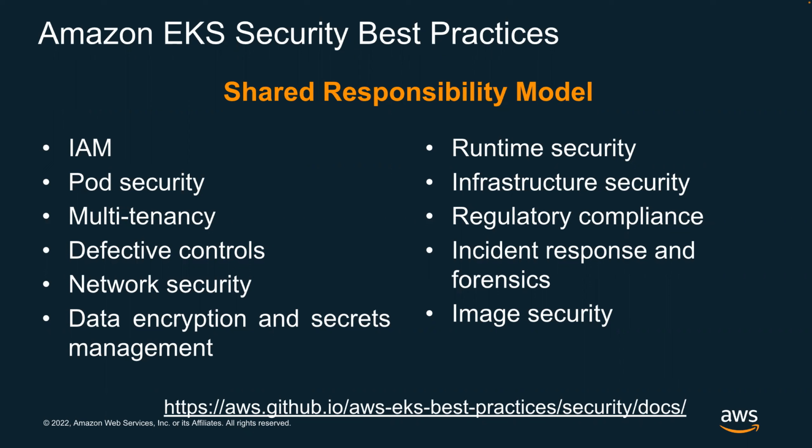You want to make sure that network security and defective controls are in place. Last but certainly not the least, at the bottom of that left side, secrets management and data encryption are enabled by default. So these on the left-hand side are certainly the most important basic activities that need to be done. On the right-hand side, you will talk about the more nuts and bolts infrastructure, which you simply should take into consideration no matter what, which is runtime security.